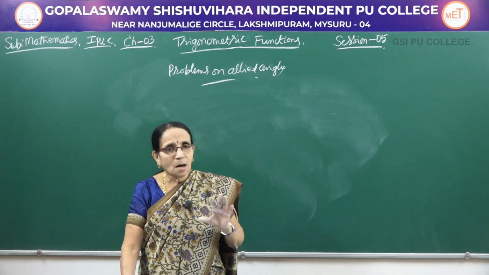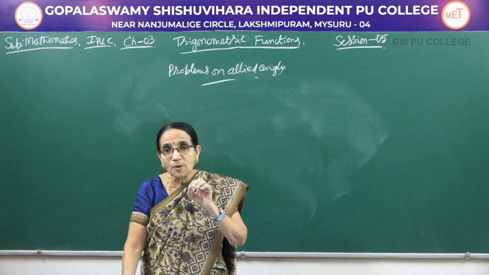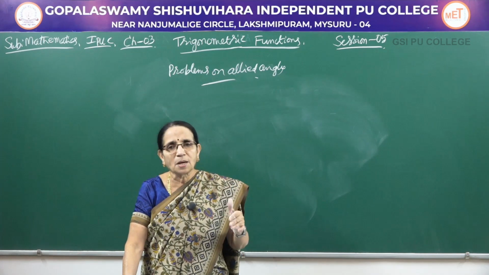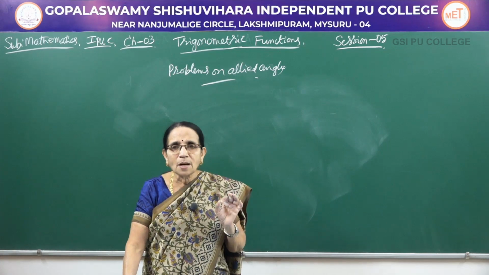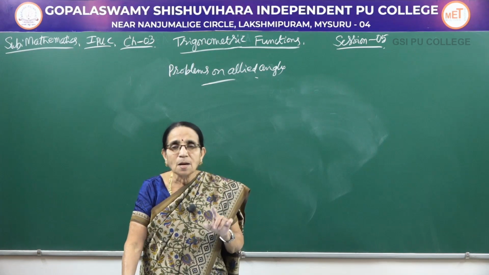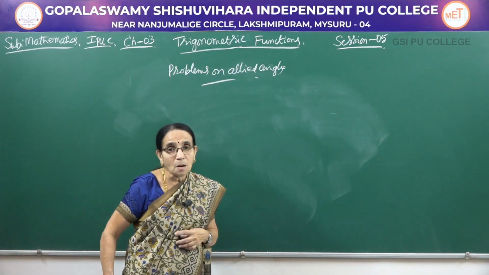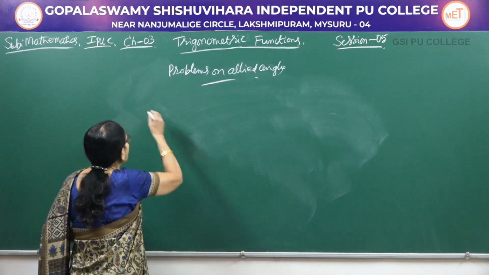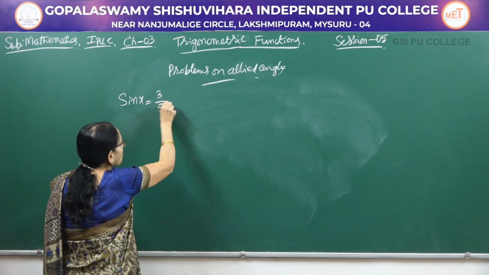Now I am not giving a particular value here, it is given in the form of a ratio, like sin x equal to 1 by 2, cos x equal to 2 by 3, something like that. So the instruction is like this: find the values of the other 5 trigonometric functions given the value of any one trigonometric function. So this is the common instruction for the problems which I am going to work out. First problem is sin x is equal to 3 by 5.